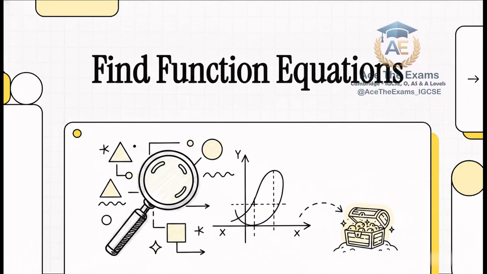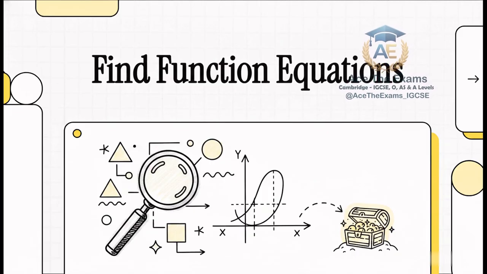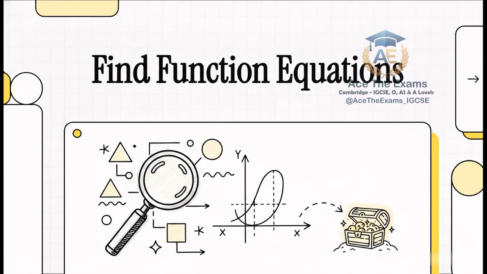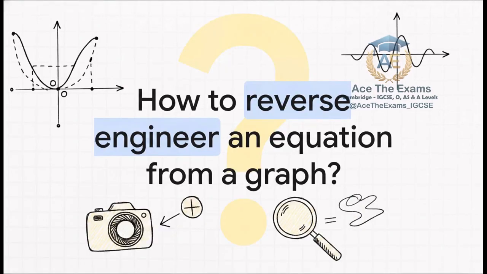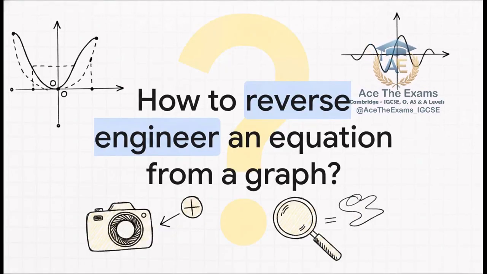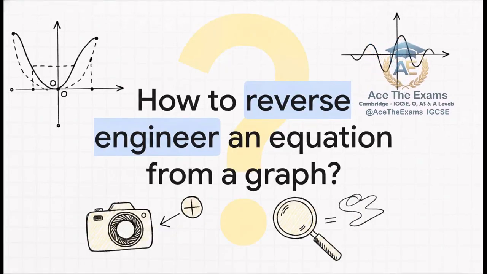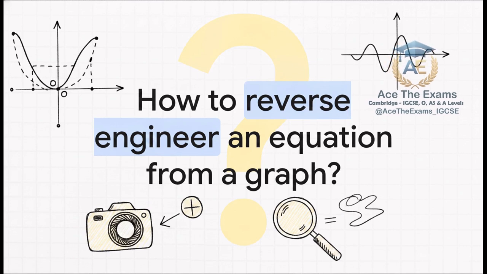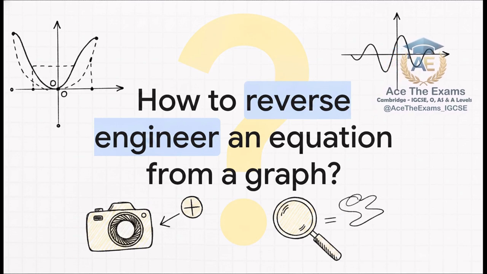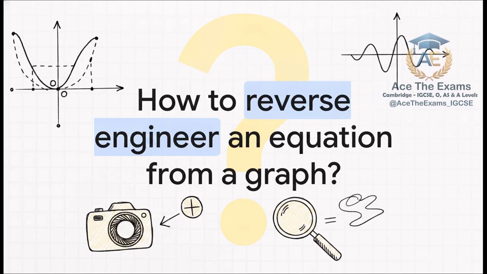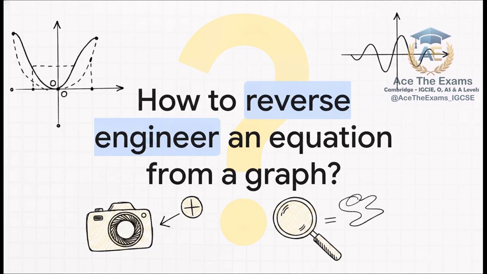Suddenly, you have to reverse engineer the math from purely visual clues, and let me tell you, that requires a completely watertight strategy. You can't just guess your way through it. So the crucial question we have to ask ourselves is this. If a graph is essentially just a photograph of an equation, how do we reverse the camera? How do we look at that picture, that curving line on a grid, and figure out the exact algebraic DNA